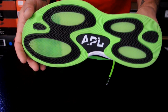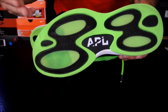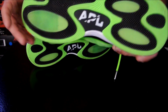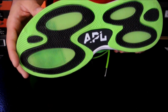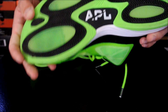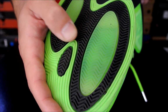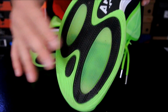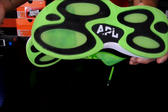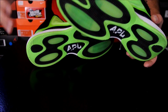The rubber that they said they have used on their tech specs, which are also featured on their website, is a durable no-slip rubber. I don't really know what that means other than I barely slipped, which is a legitimate thing. It was actually truthful. As far as it being durable, I really don't know. I don't know if I would wear these outside just because the rubber grooves are so shallow that you might burn through this pretty quickly. So that's just my personal opinion. I haven't actually tested it out myself, and for $175 I don't really feel like testing it out myself either,